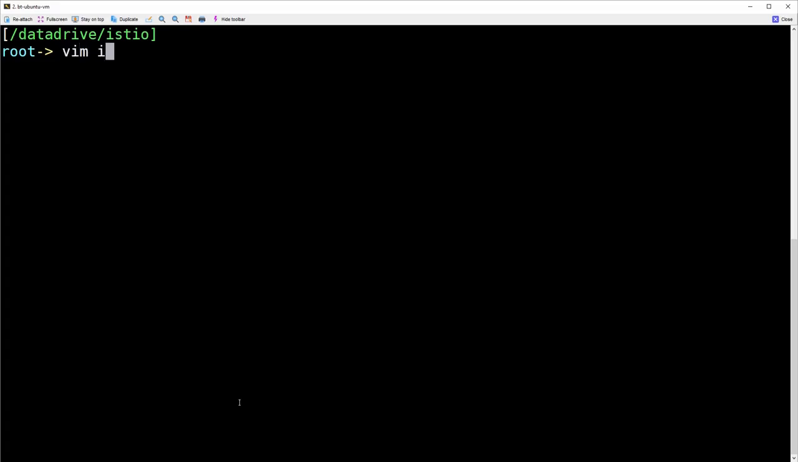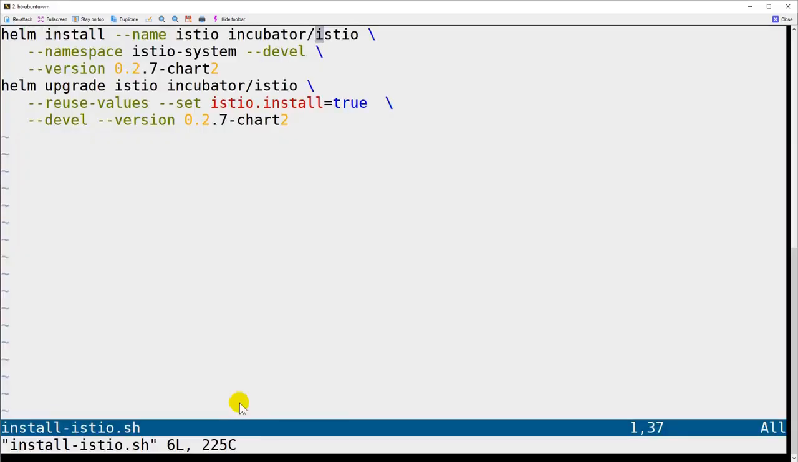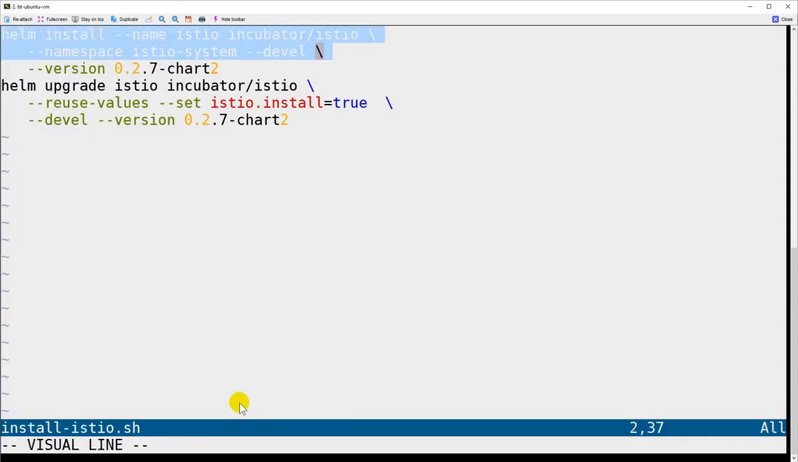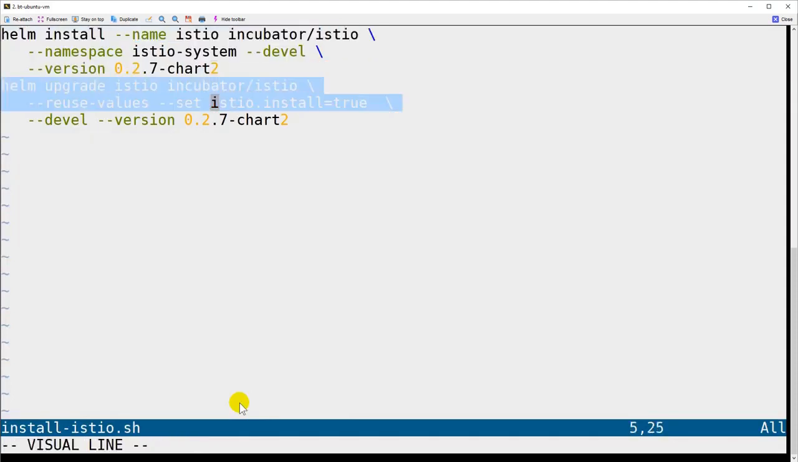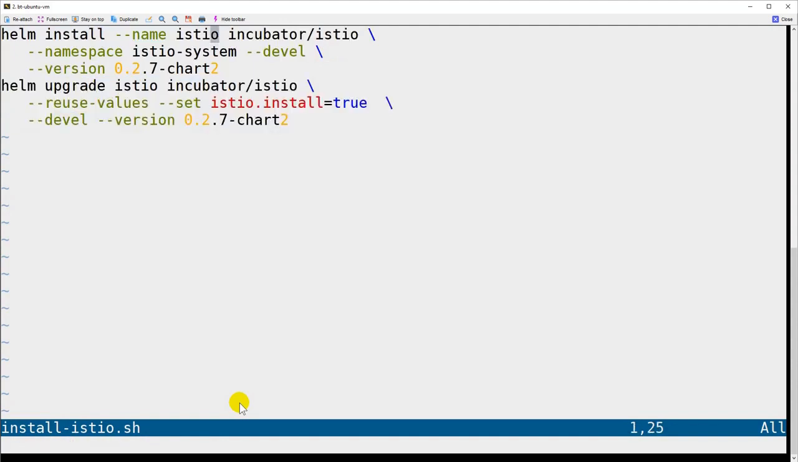So let's look at some installation scripts. I've got a little bash script here that will do it for us. Notice I've got a Helm install. It will install the Incubator Istio code, and then we do a Helm upgrade. So let's quit out of the editor here, go back to the command line, and issue the bash command to